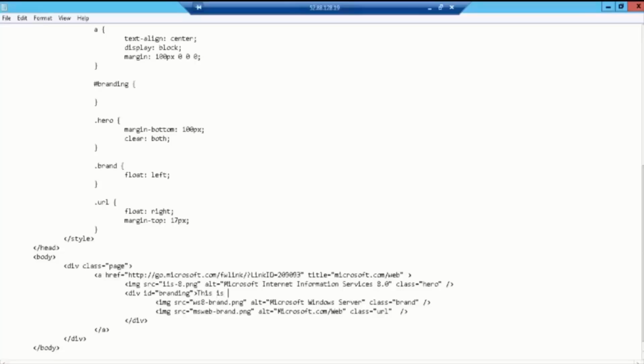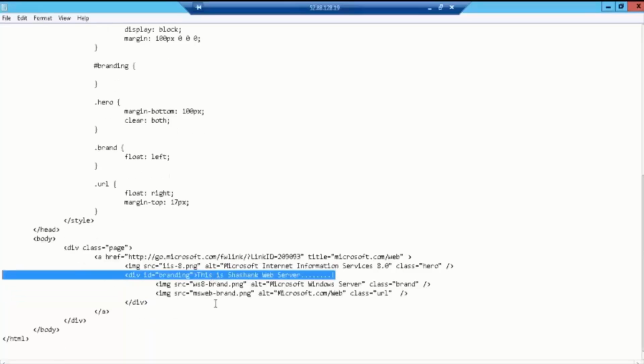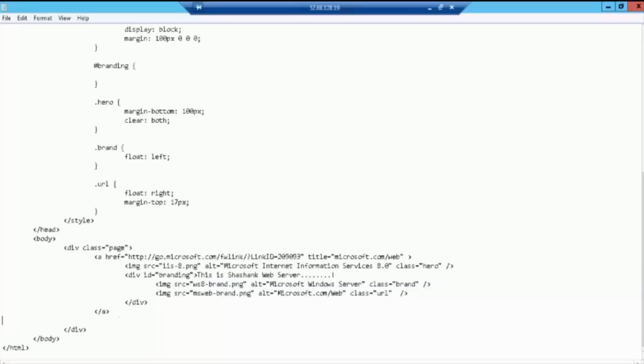This is, sorry, and copy this line to somewhere else, like after this division or after this A, and I'm saving this particular page